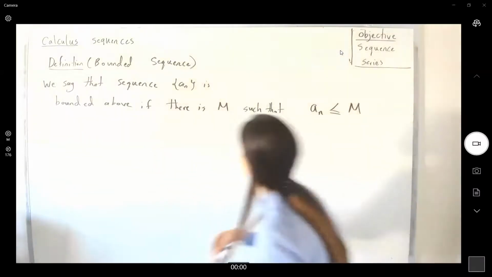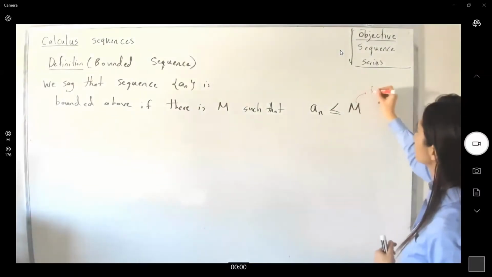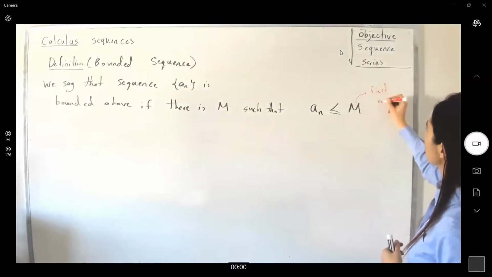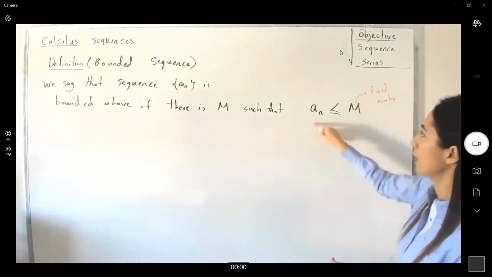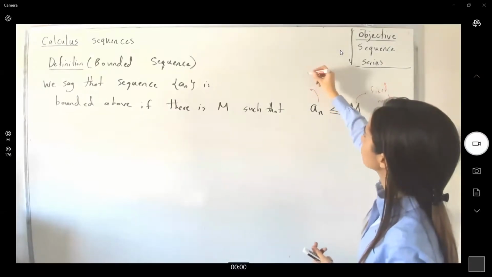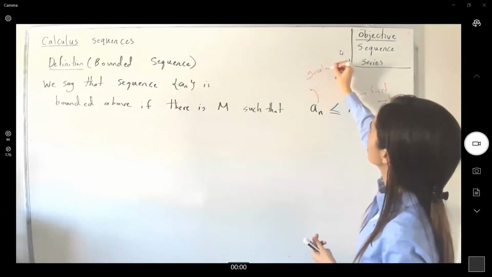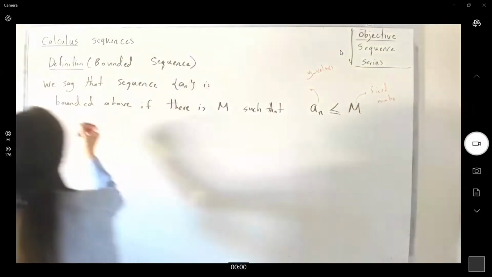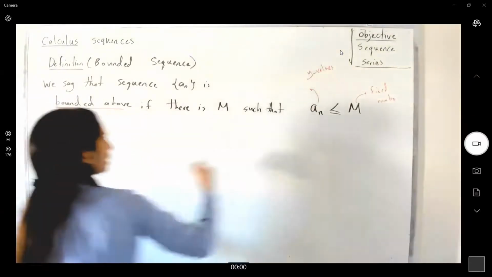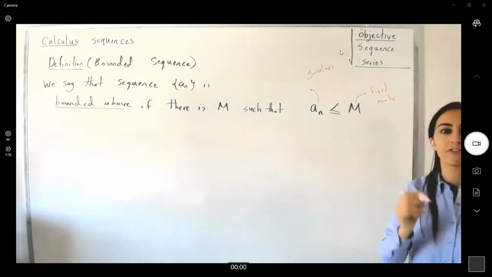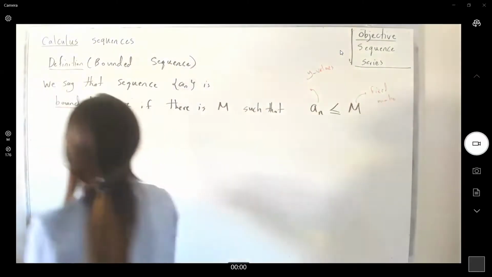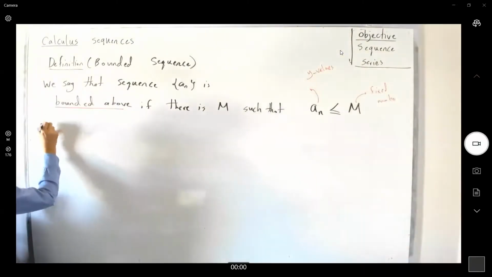M is just a fixed number. Eventually, we can treat this as a constant function, and these are the terms or y values. So we say that it's bounded above if the y values of your sequence are less than or equal to a fixed number. And we say that a sequence